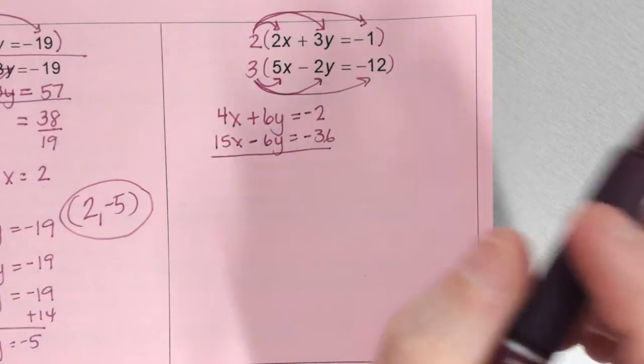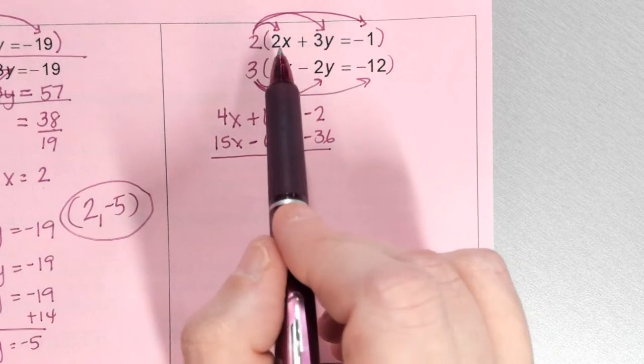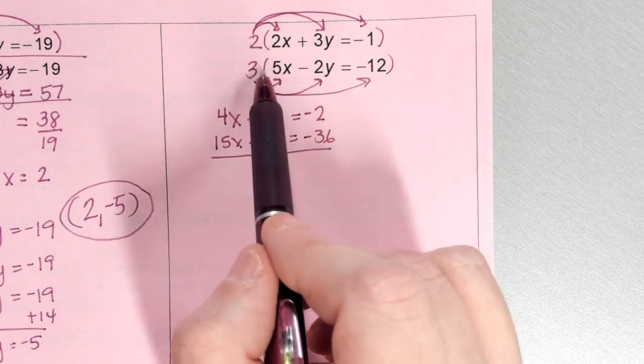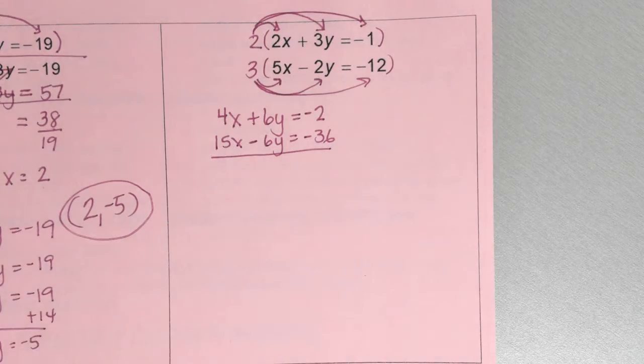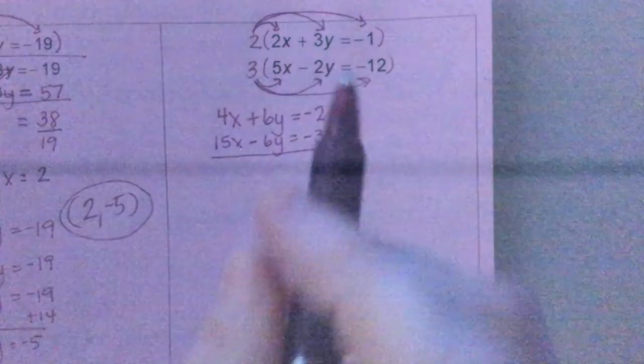Now this just takes some kind of looking to do. Again, I could have done times 5 up here and negative 2 down here. All I'm trying to do is create a zero pair. All right? And now that I've created a zero pair,